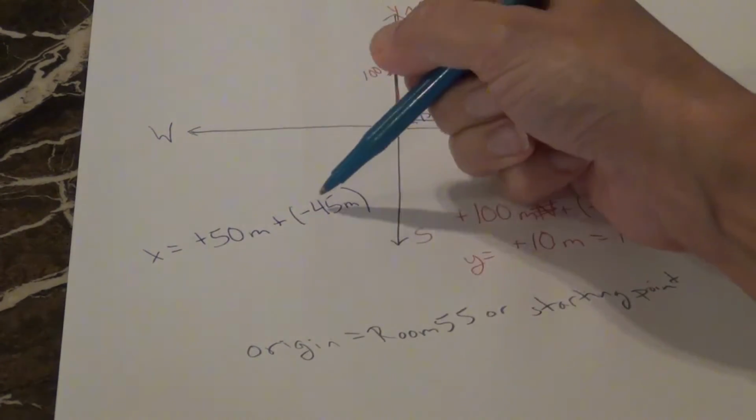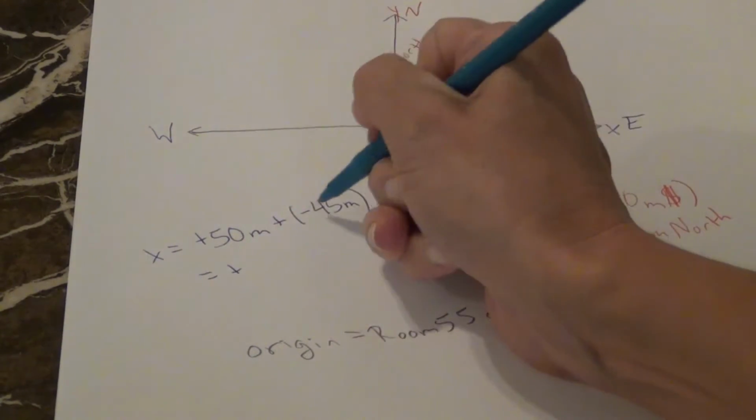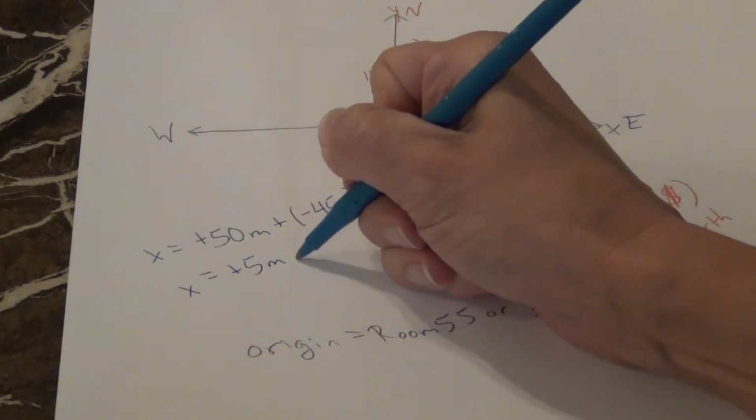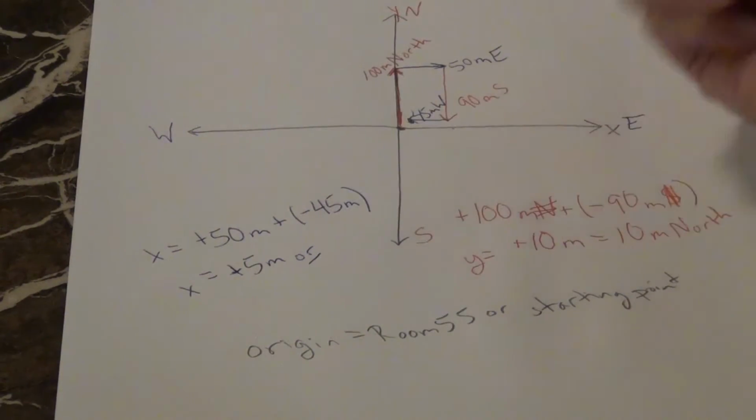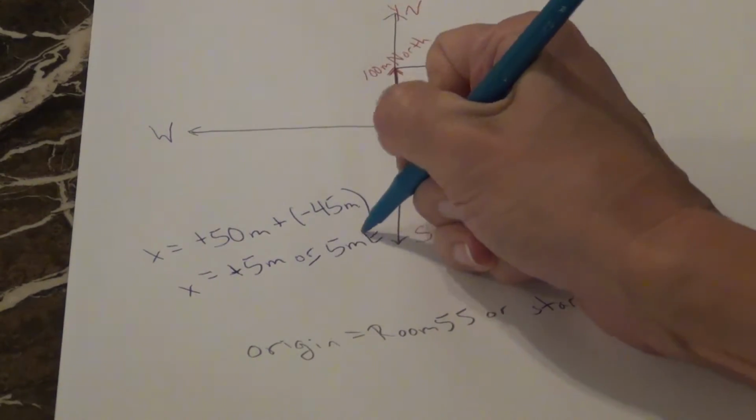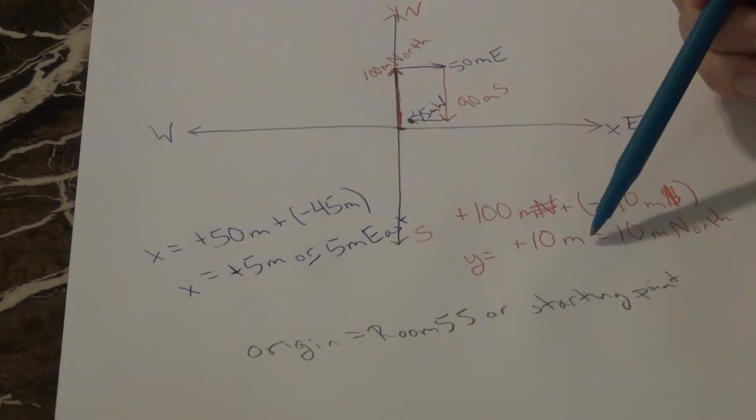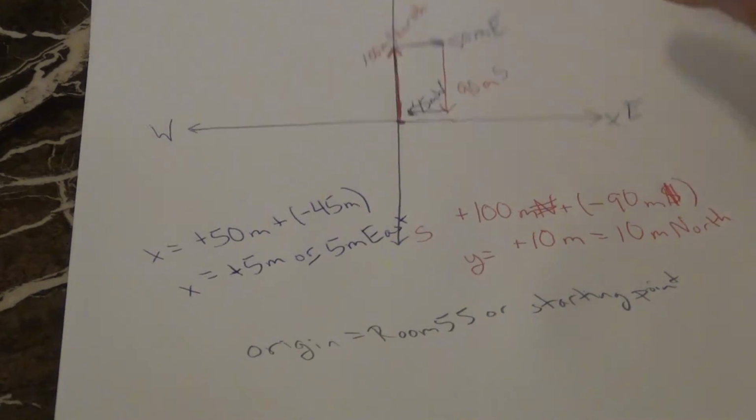So positive 50 plus a negative 45 meters is going to tell me that I wound up plus 5 meters in the x direction, and we said plus is the same thing as saying that we headed east. So 5 meters east. So my final calculations were off by 10 meters to the north and 5 meters to the east. Okay? Now, taking that one step further,